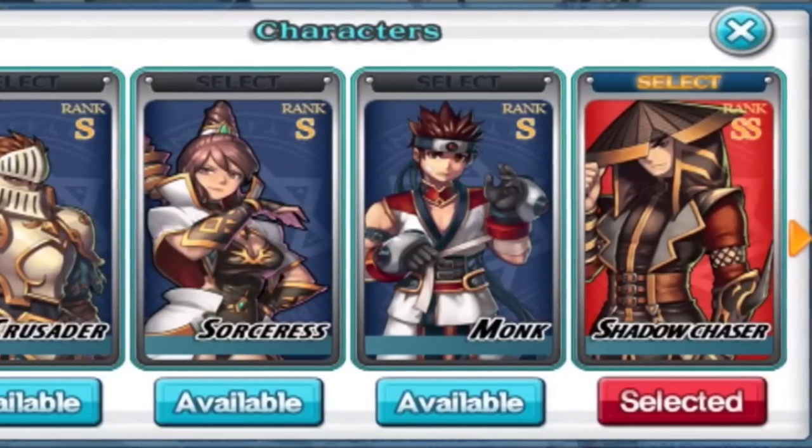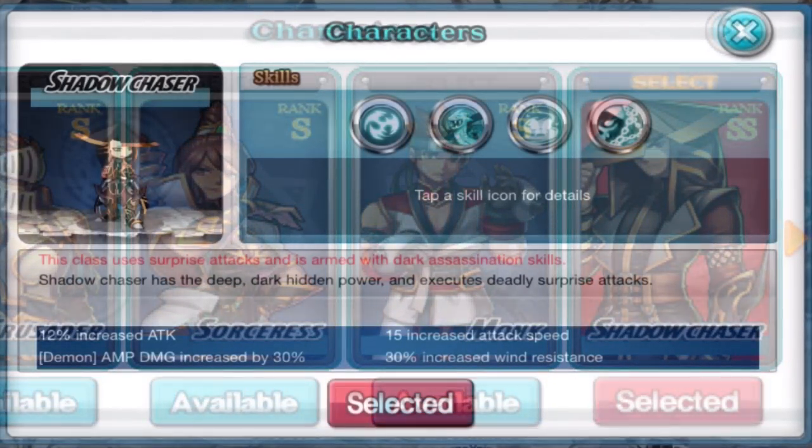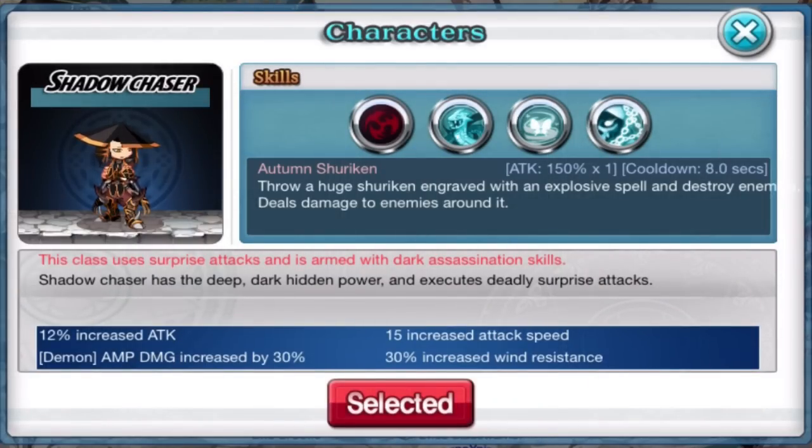Today we're going to be taking a look at the Shadowchaser, Soul Guardian's newest character available for purchase now. The Shadowchaser is an assassin class that uses a variety of powerful attacks to take down his enemies. The Shadowchaser has 12% increased attack, 15% increased attack speed, 30% increased wind resistance, and an extra 30% amp damage